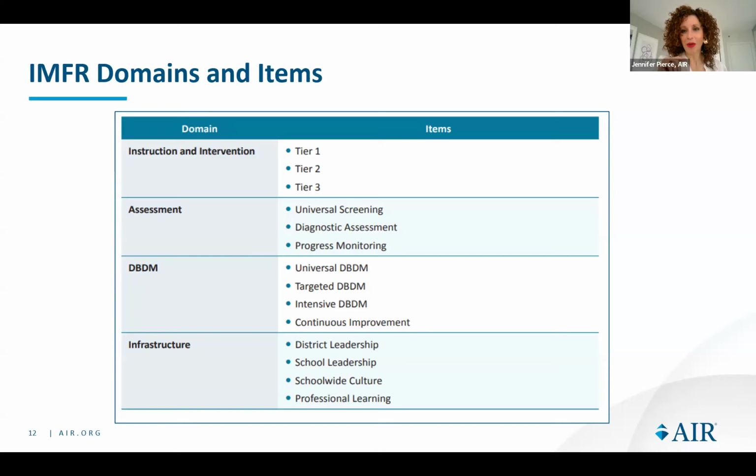And this is something that we found was one of the most, this domain right here, data-based decision-making, was the hardest for schools. In our sample, we had about 114 schools, and consistently we found that data-based decision-making had the lowest scores, and that was the clear challenge area for schools.